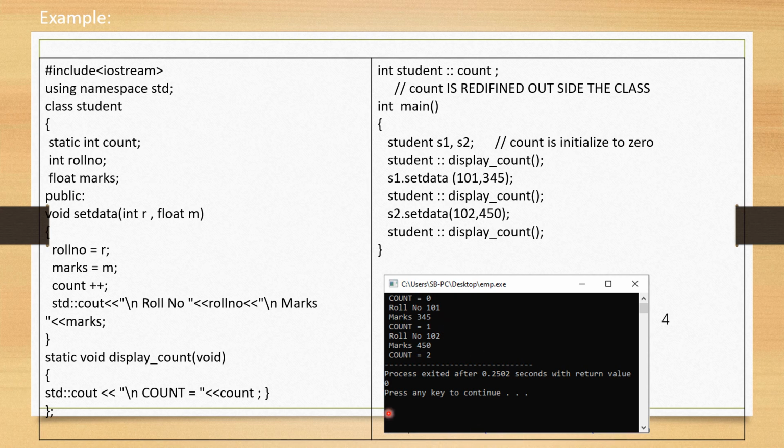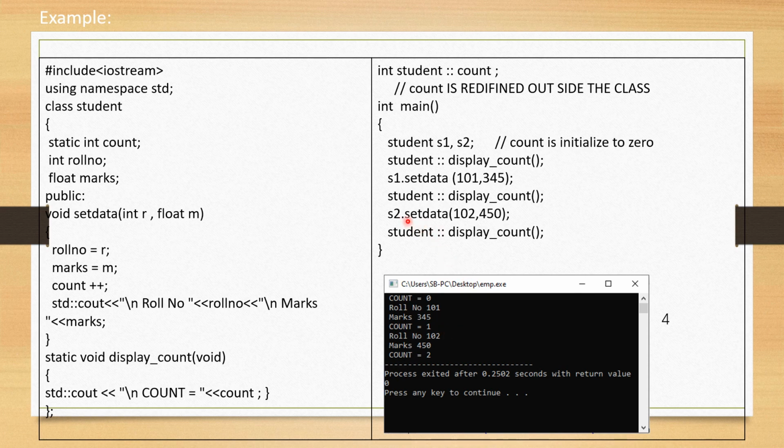Again we will check the value of the count variable. Definitely the count variable will have increased, because in setdata we have called count plus plus. Whenever you call setdata, the count variable value automatically gets incremented because of count plus plus. Again we call student, scope resolution operator, display count. So the count variable is 1.